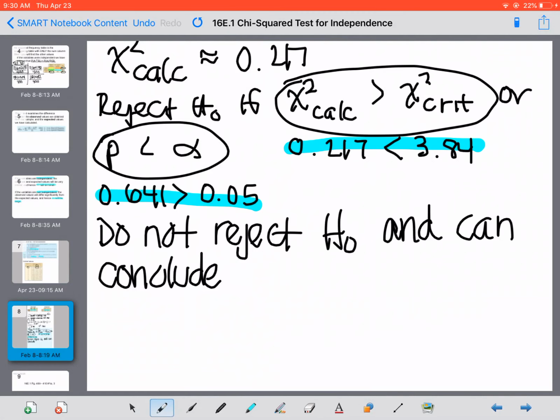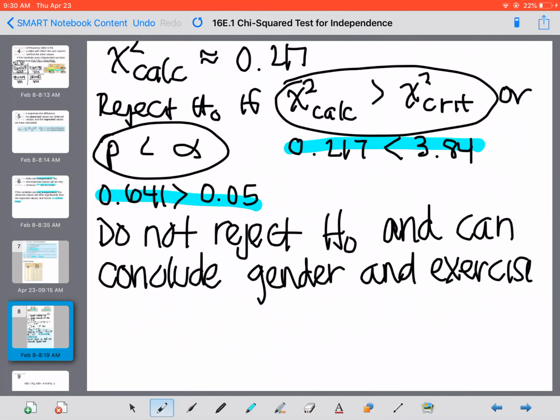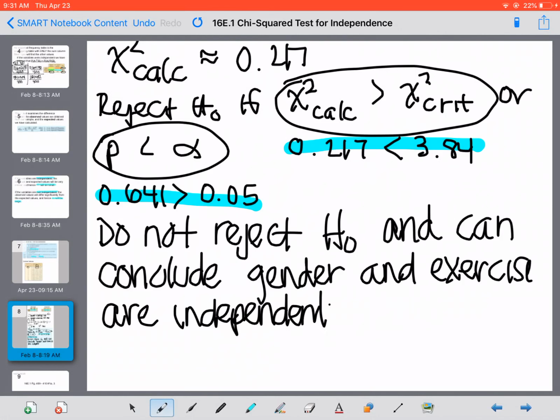So we can conclude that gender and exercise are independent. And that would be our statement of